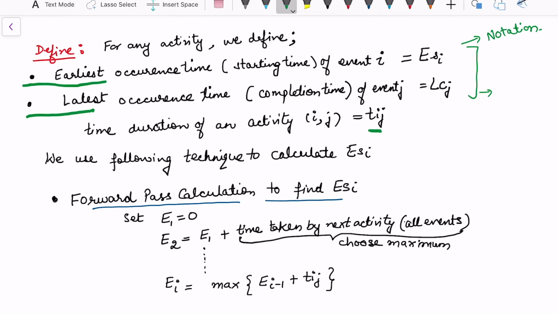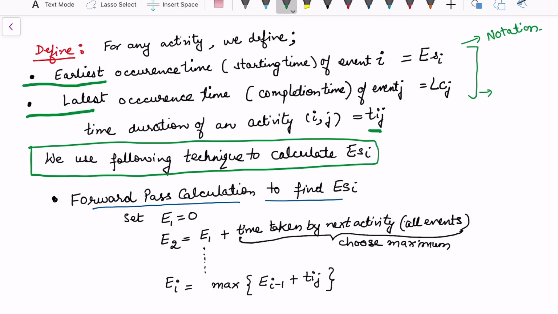In the forward pass calculation, when we want to start a project, we have a fixed day when we are going to start. Say I'm going to start on a particular date. On that particular date, what is my starting time? It's 0. That's the starting time 0. And then we are going to add the time taken by the first activity, second activity, and so on. So the earliest starting time is 0. Here I have simply written E, or you may also consider this as ES1 equal to 0 as per this notation. And here you may consider this as ES of the second node, and ES of the ith node.